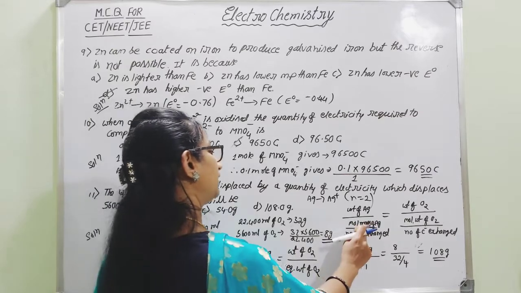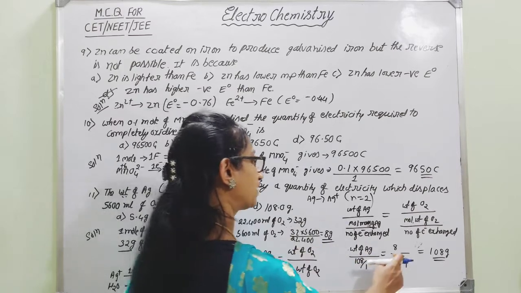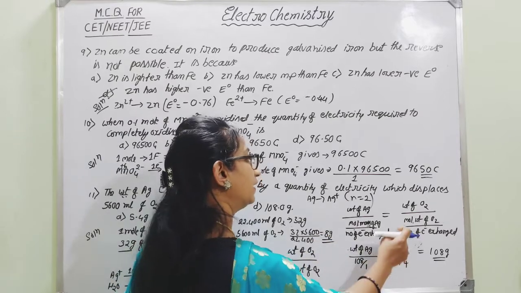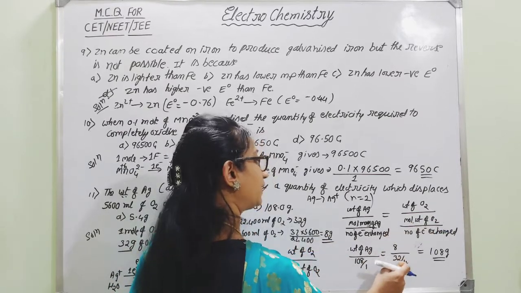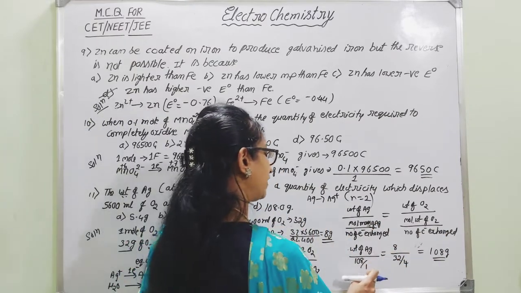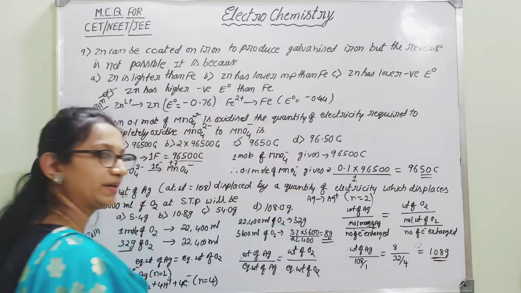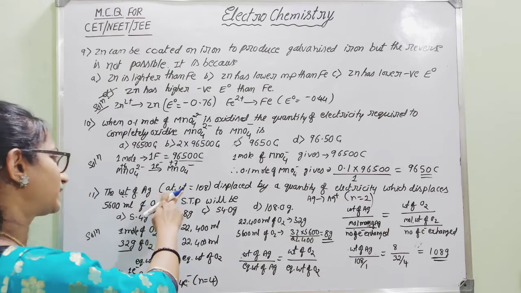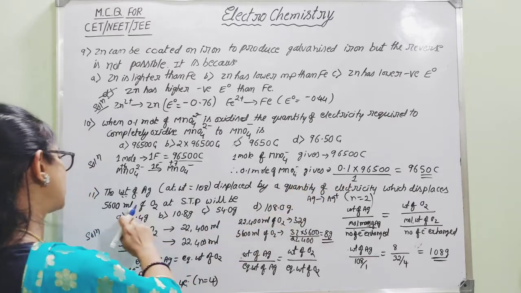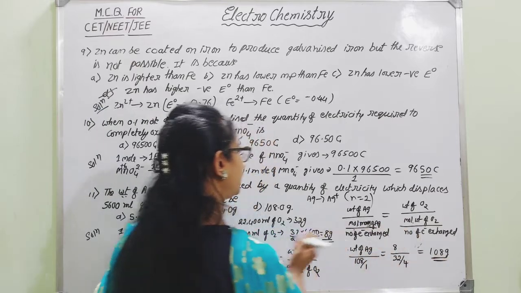ಈಗ ನೋಡಿ ಈಗ molecular mass 108 divided by number of electrons exchange 1 ಆಗುತ್ತೆ ಸಿಲ್ವರ್ಗೆ. ಅದೇ ಆಕ್ಸಿಜನ್ಗೆ weight of oxygen already find out ಮಾಡಿದ್ದೀವಿ, 8 ಇದೆ. 8 divided by molecular weight of oxygen, you know, 32 divided by what is the number of electrons exchanged? 4. Therefore, if you simplify this, finally you will get weight of silver, that is exactly equal to 108. That weight of silver which gets displaced by the same quantity of electricity which is displacing 5,600 ml of oxygen will be exactly equal to 108 gram.